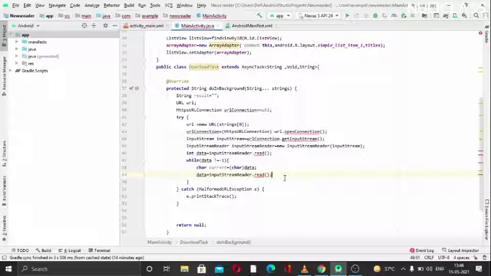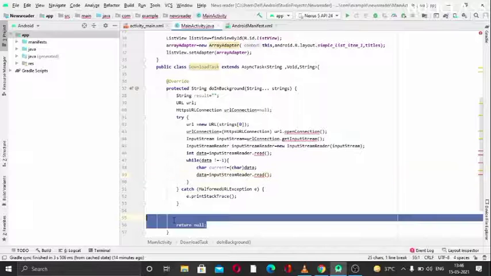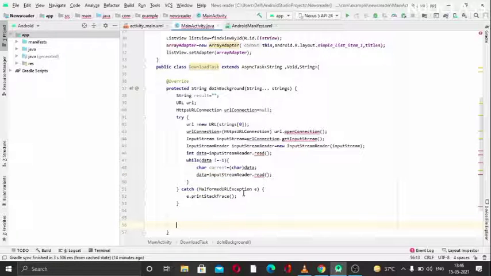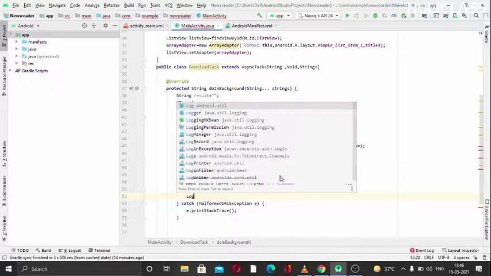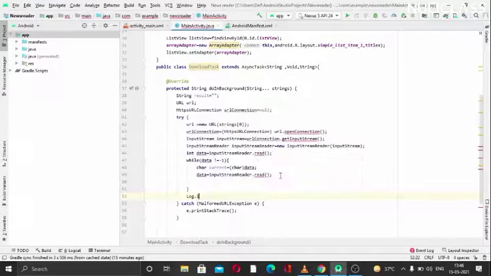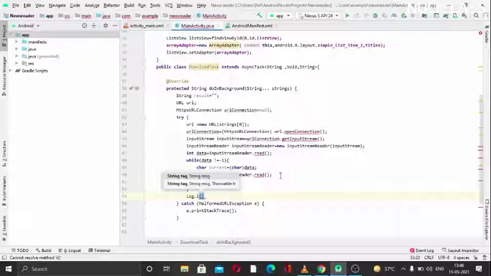Now we can use the log information here, and I also returned null here. I will remove that. After writing that, I will come out of the while loop and log the information. Logging information is just to check whether your code is right or not.